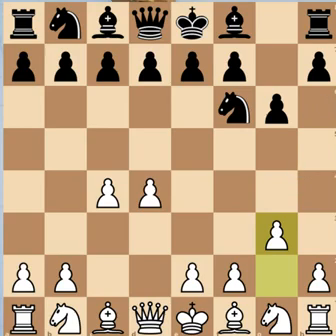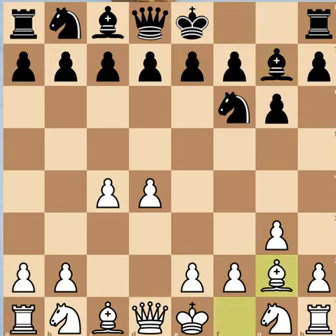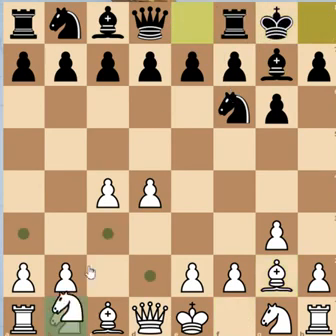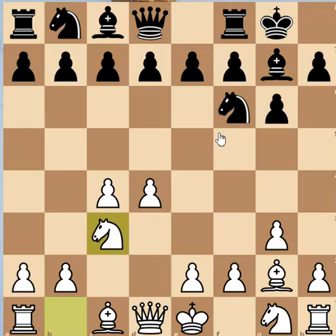So let me just show you how. If black plays bishop g7 here, bishop g2, bishop g7, bishop g2, black can now castle, and white can play the move knight c3, and we are now in the Fianchetto King's Indian, and you basically have to know that if you're going to play the neo-Grunfeld. So you can't expect to be playing the Grunfeld defense 100% of the time if you play the move g3